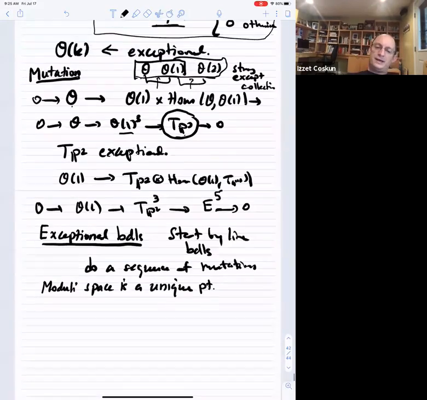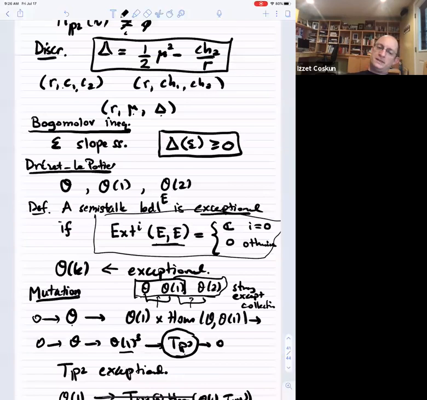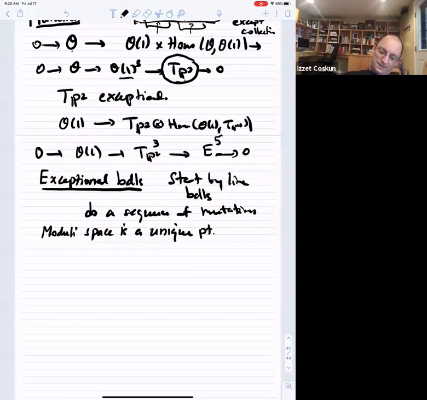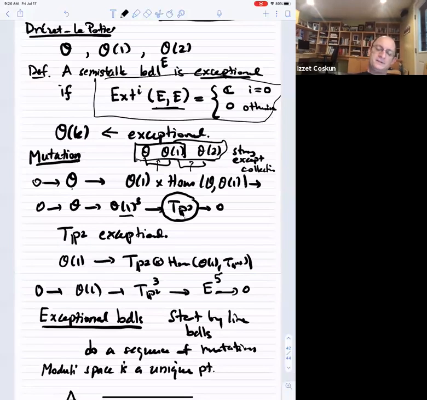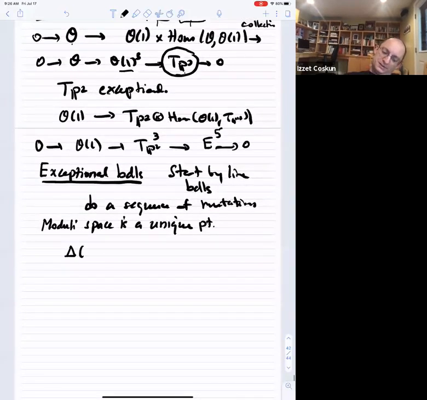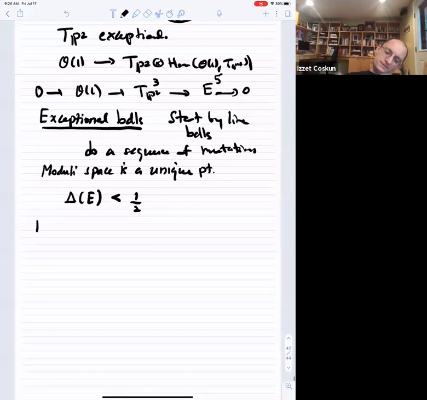And in fact, we can say a little bit more. So for instance, we can determine the discriminant. You know, the discriminant, right? The key point here is that the discriminant of an exceptional bundle is always less than a half. The way you can do this is that you can use Riemann-Roch. So Riemann-Roch